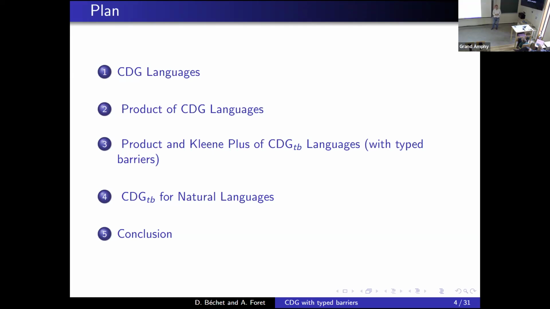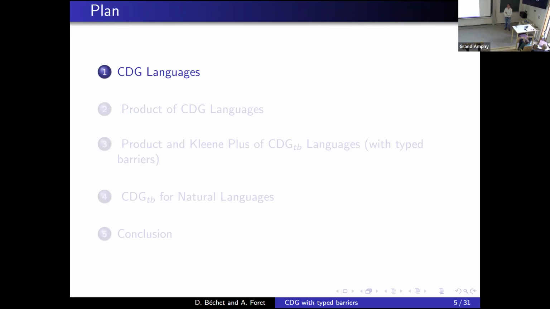Then I will show our proposal, CDG with typed barrier, and the application of this extension to the Kleene plus of CDG typed barrier languages. After that, I will come back to the initial problem with natural languages, with the sentence given in the second slide, and I will give the conclusion.